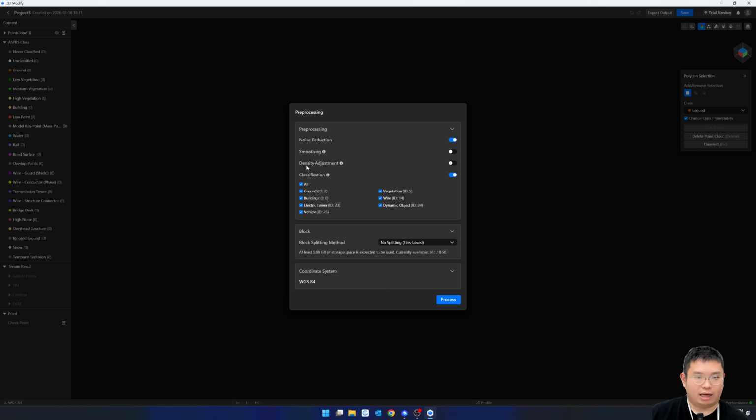We have smoothing and density adjustment. You will find these two settings very familiar because they exist in the Terra software. You also have classification, and this is what I was talking about. So instead of just classifying the ground, DJI Modify software does auto classification for these ASPRS standard classes for you